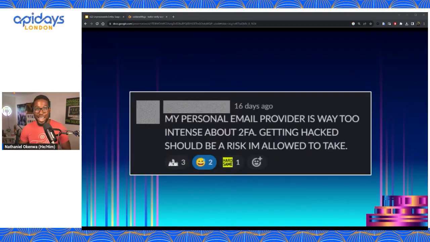I saw this Slack once and I asked the person's permission. I've blanked them out, but I loved it. "My personal email provider is way too intense about 2FA. Getting hacked should be a risk I'm allowed to take." Another person wasn't seriously saying that they wanted to be attacked, and they weren't seriously saying that they didn't care that their email company cared about their security, but they had a certain amount of risk that they were tolerant to and the amount of usability that they required.